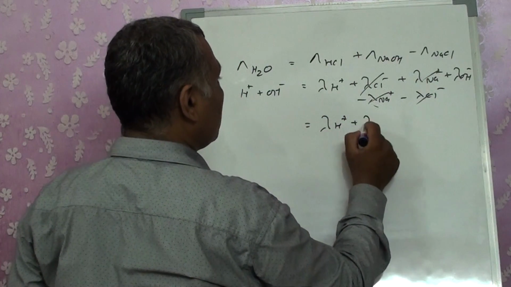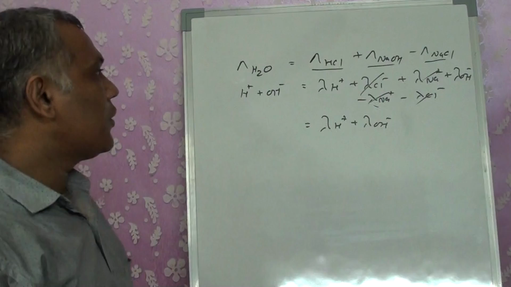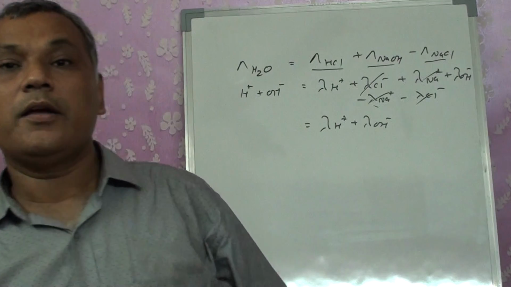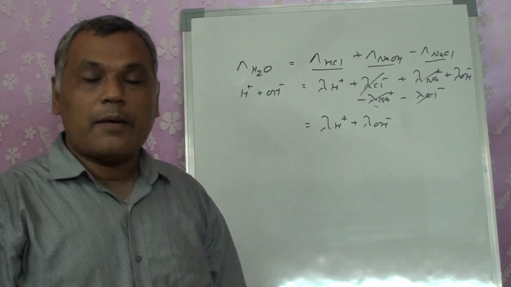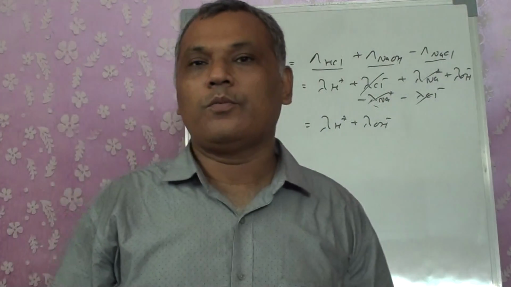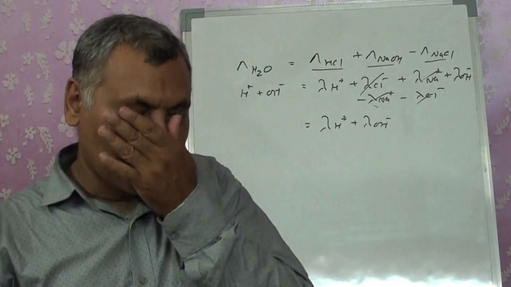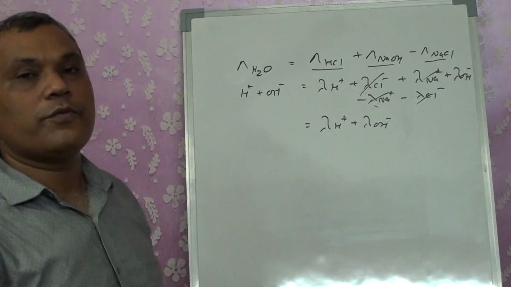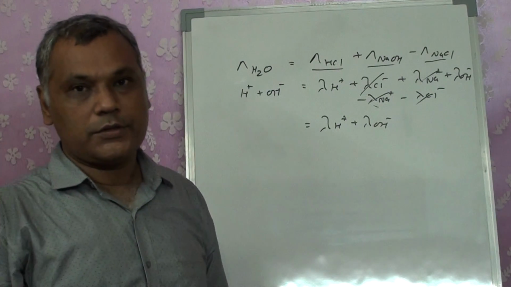So we get H plus plus OH minus. So if we know the conductivity of HCl, NaOH or NaCl, we can calculate the molar conductivity of a weak electrolyte like water also, right? This is one of the examples that we got. We will also have numericals based on it. The values of the molar conductivity of the strong electrolytes are given to you, and which has to be added, which has to be subtracted, where to divide, where to multiply, that factor, by applying it, you will get the answer for the weak electrolytes. So this will be one of its applications for us, right?